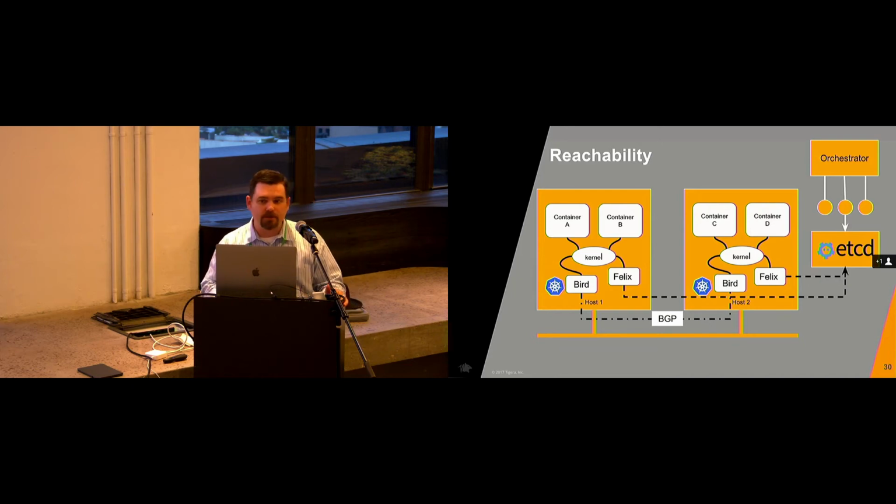Bird is an open source, very well proven BGP client that we can operate in one of two ways. We can either form a full host-to-host mesh, so every host knows about every other host. And how do we do that? Well, we have an etcd distributed database, so we know all the hosts that are participating. Or, in larger installations, when you start looking at the number of interconnections of a full mesh, by the way, they operate at really large scale, so before you have to move away from it, I would say most people are not operating at that scale.